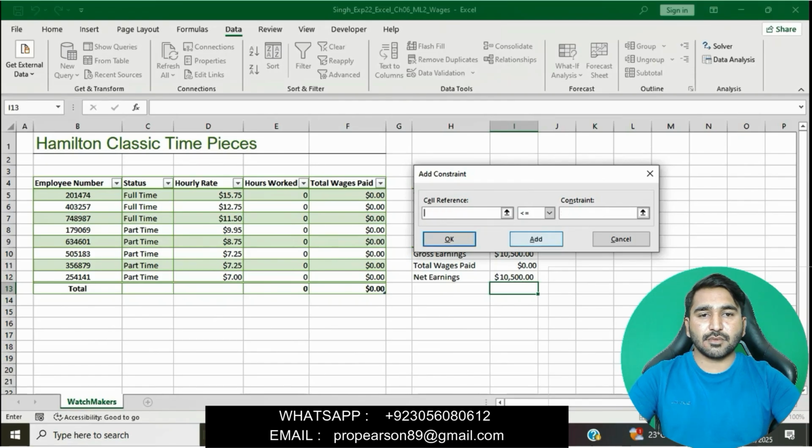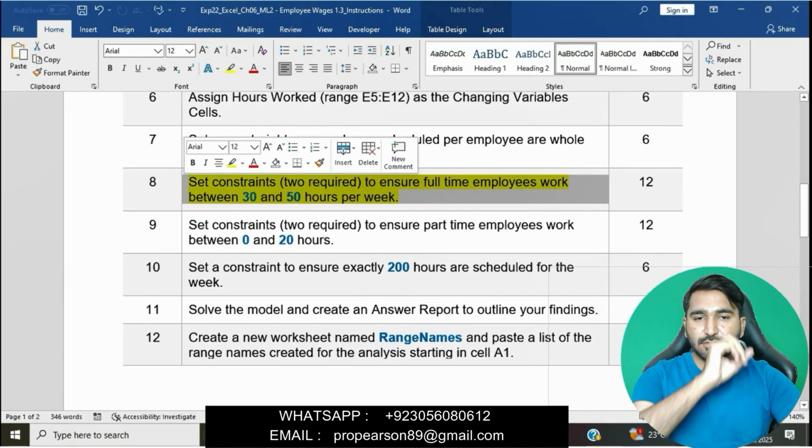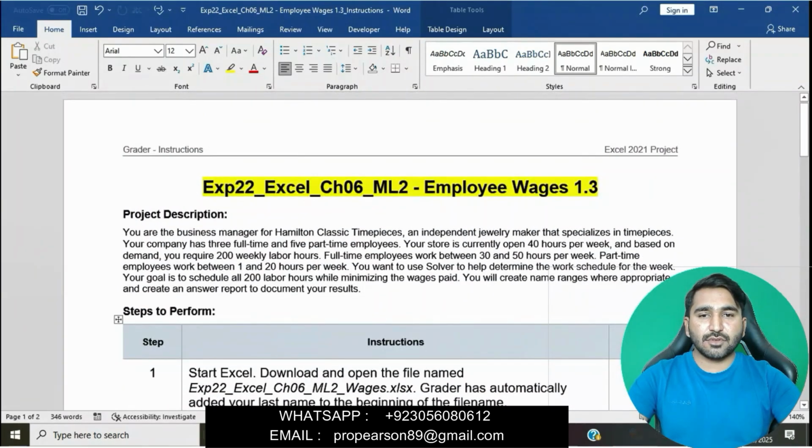Question number 9 is to set a constraint to ensure... you can see I have done 85%